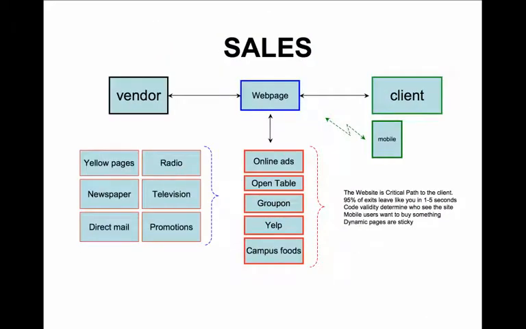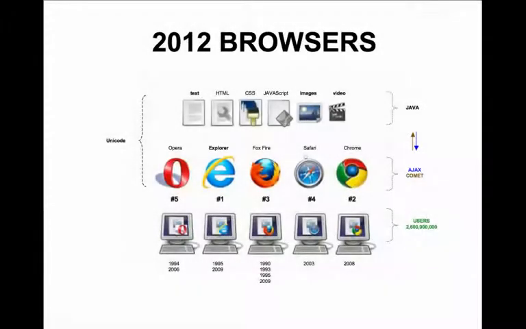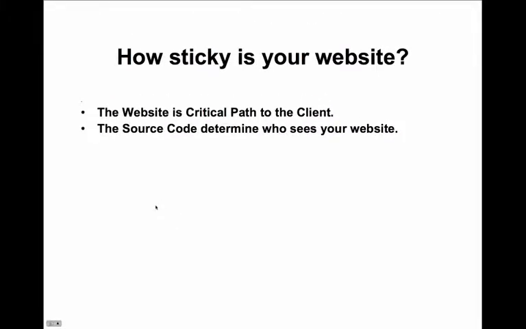Today, there are more cell phones than desktops, and smartphones have access to rich content that desktops cannot access if their code is invalid. The browser wars are over, and here are the winners. But the quintessential question is, how does your code work on these browsers? If you offer instructions, download this or download that, most people simply move on. At the end of the day, what your prospects and clients see is what your code and their devices allow.